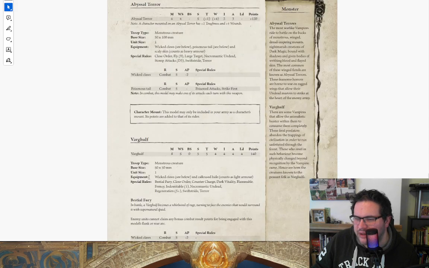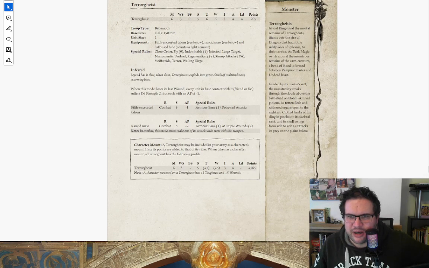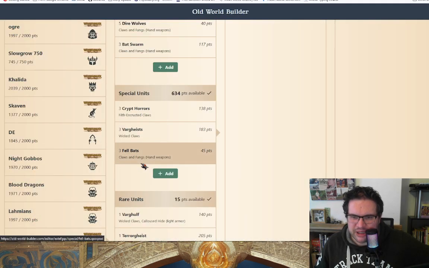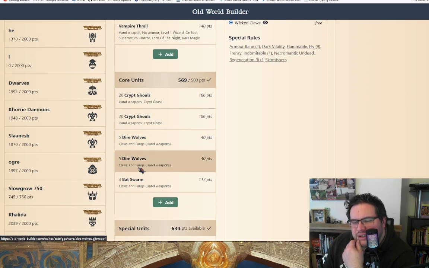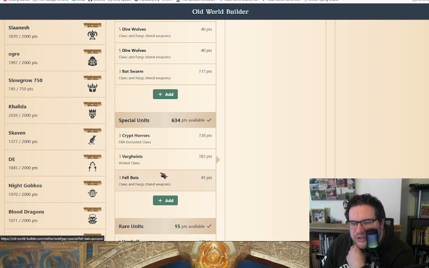But I think with these being smaller, it makes them slightly better. So anyway, that's my Strigoi list, like all the beasts, basically. And I think that'd be alright on the tabletop. You just have to be careful with how you deploy and what you throw things